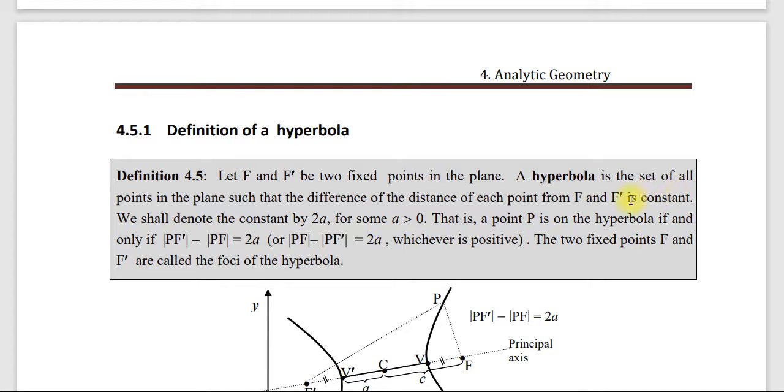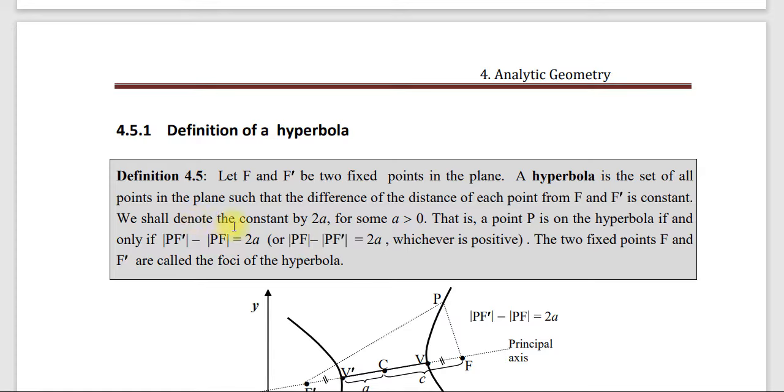አሁን ይሄ ከኢሊፕስ በምንድን ነው የሚለየው? ተመሳሳይ ነው ዴፊኒሽኑ። ከኢሊፕስ የሚለየው እዚህ ጋር ኢሊፕስ ላይ the plane says that the sum of the distance of each point from f and f prime is constant. ስለዚህ ሃይፐርቦላ ላይ ዲፍረንስ ነው የሚለው፣ ኢሊፕስ ላይ ደግሞ summation or the sum of ነው የሚለው። ዲፍረንሱ ያ ነው። ኦኬ